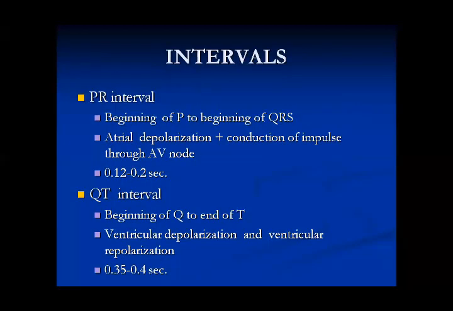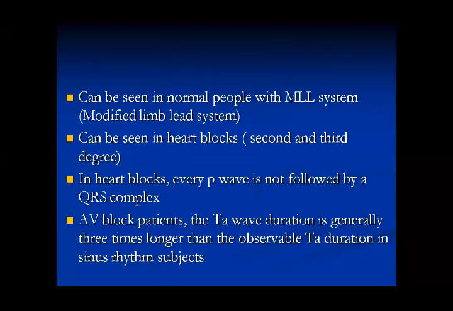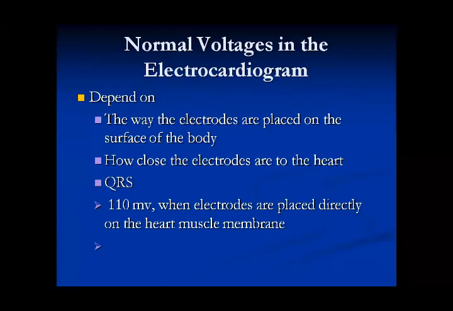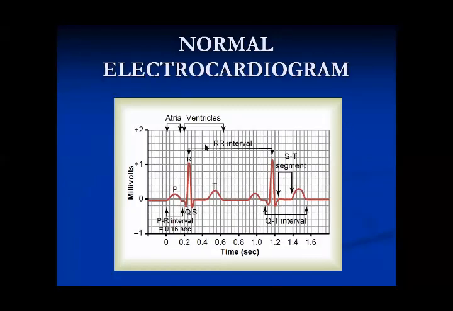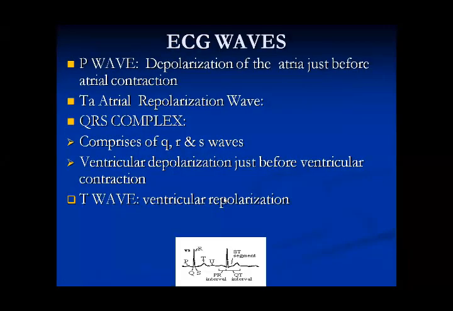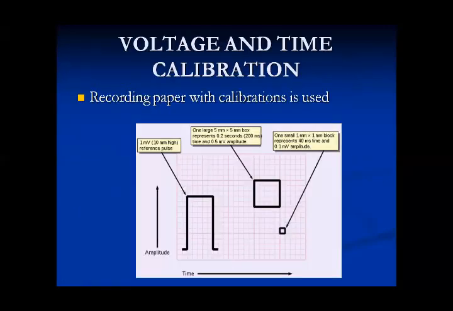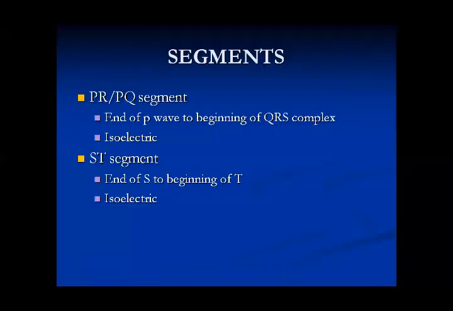Now, where is this RR interval? First see where it is, between the two successive R waves. This is the diagram. This is one R, and this is the second R. So this is the RR interval, and we use this to calculate heart rate. How do we do that? This is something interesting, and this is what we are going to do.